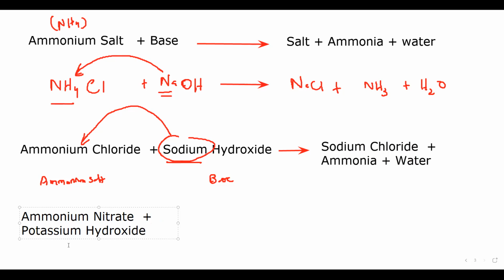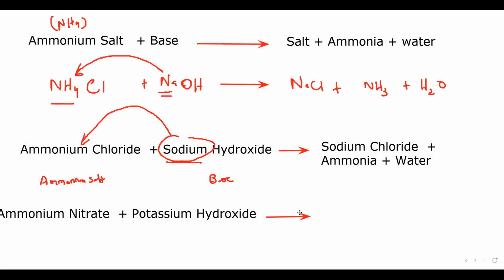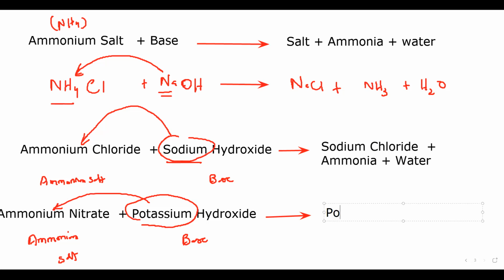So ammonium nitrate is reacting with potassium hydroxide. Now how to complete the product? Potassium hydroxide is a base and ammonium nitrate is an ammonium salt. So this potassium will take the position of ammonium. When this potassium takes the position of ammonium, it will form potassium nitrate